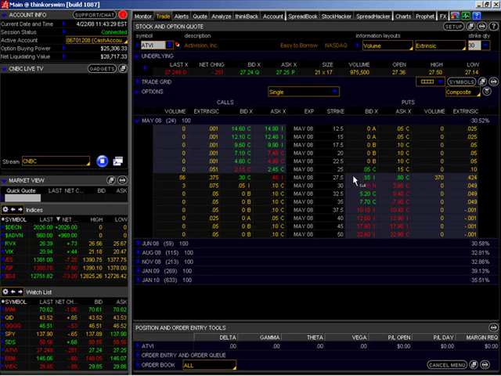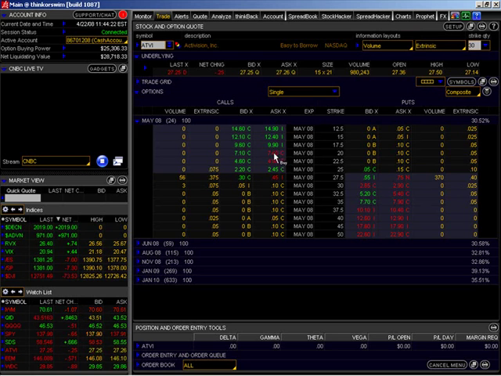Now the prices of the options, these are called in-the-money options. The in-the-money options have some component of what they call extrinsic value and some component of intrinsic value. And the way you can determine intrinsic and extrinsic value is simply by taking the strike price of the option. In this case, we're taking a look at the May 20 calls, and their price at $7.40. On these 20 calls, if you add the strike price to the price of the call, you get $27.40.